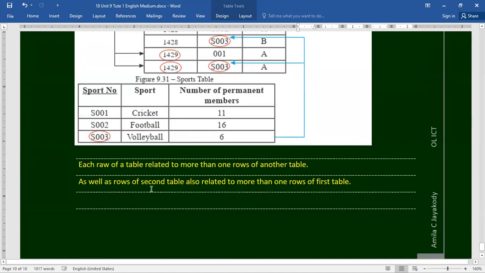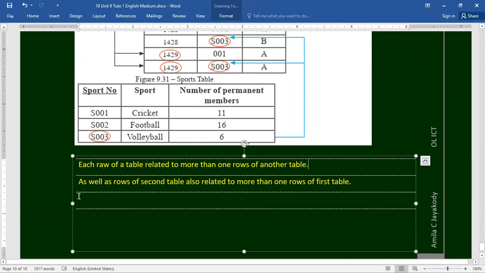And just take the note: each row of a table is related to more than one row of another table, as well as rows of the second table also being related to more than one row of the first table.